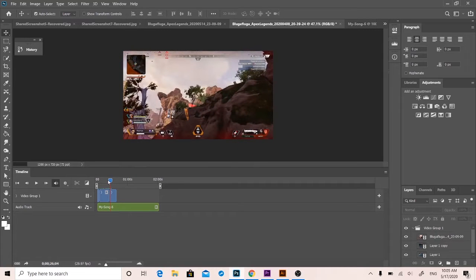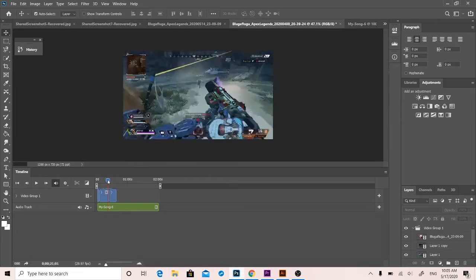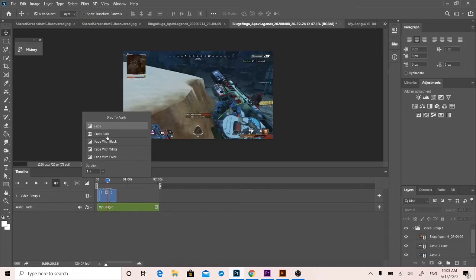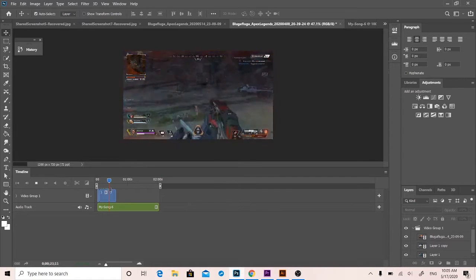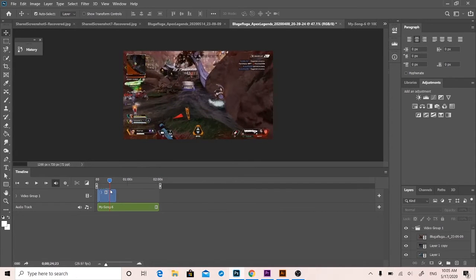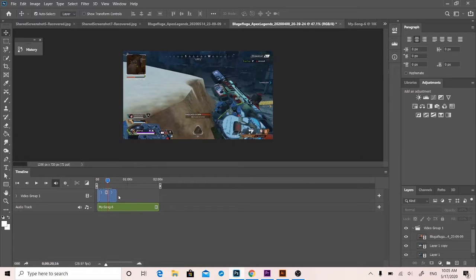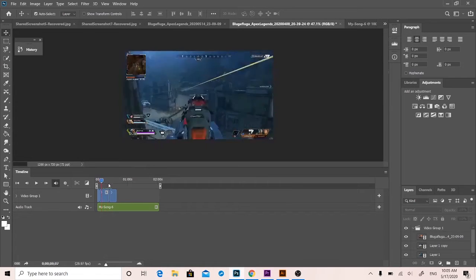So it makes it look like they accessed their inventory and then they went to the other one. Or technically I did that, but if I had a little bit of crossfade, let's see what it looks like. Yeah, it's not on the beat, but